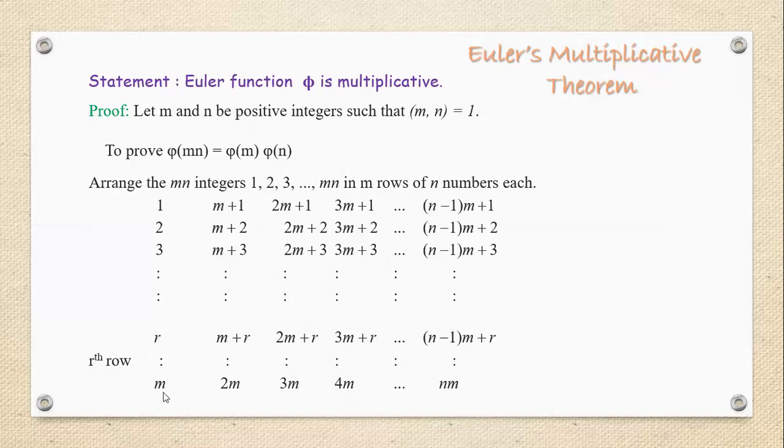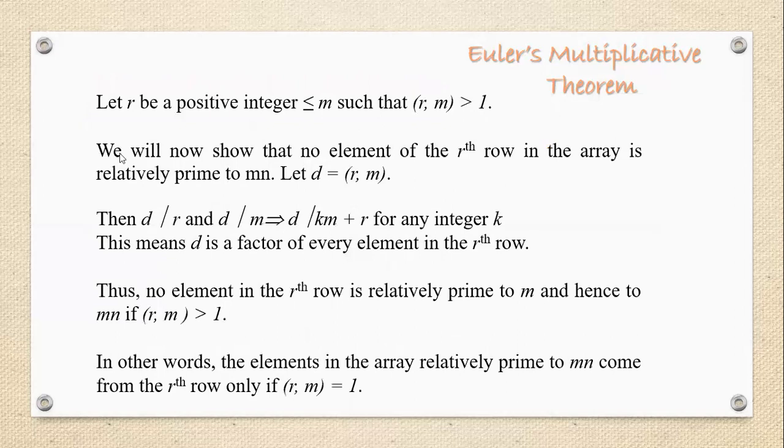Now look at the last row, that is our mth row. It contains the elements m, 2m, 3m, 4m, and so on, up to nm. Why do we take the terms like this? Because I'm going to prove whether these numbers mn are multiplicative, right? So that's why I'm framing the function like this. Next one. After framing this function, next,